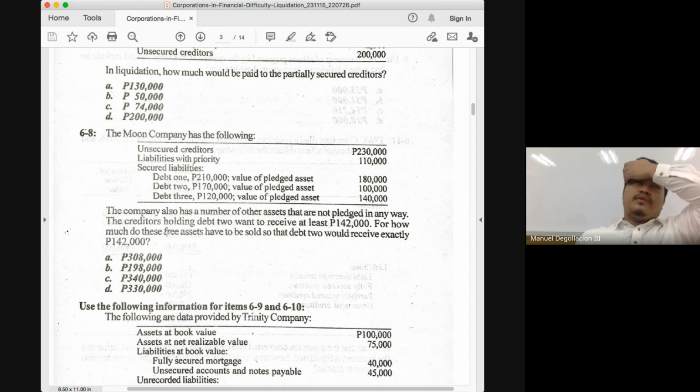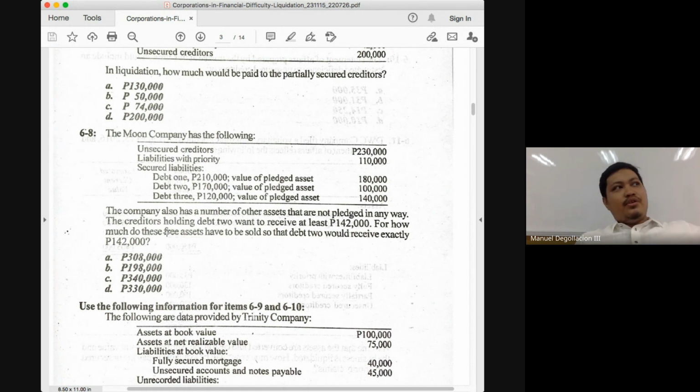So 42,000 divided by 70,000 will give you 60%. And what is that 60%? That will be your recovery rate. So if you will be asking this problem, how much was the recovery rate for debt to receive 142,000? Your answer would be 60%. Okay, and with that class, you can already figure out the rest of the numerator and denominator for the